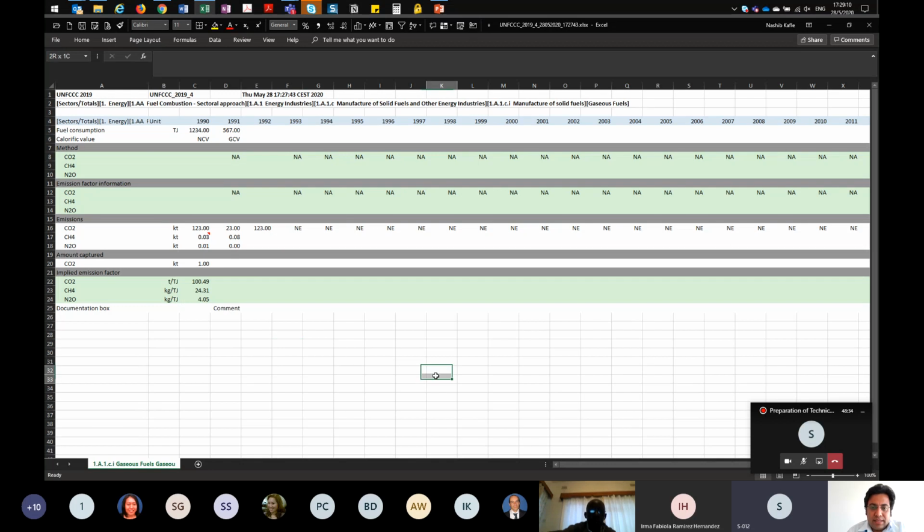In this Excel file, you cannot modify the file, meaning you cannot add rows or delete rows, or enter values other than in the area specified. Otherwise, you will get an error while importing the file. So I have just specified the values in the places where I'm meant to enter the data. So let me save this file.